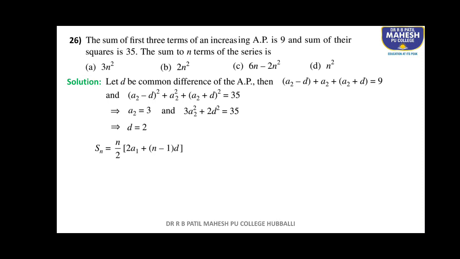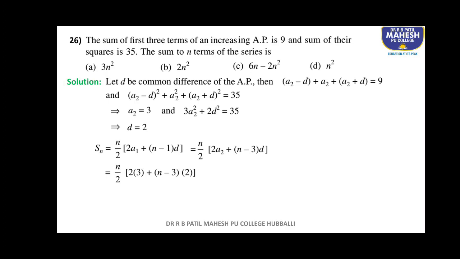Now we have to find the sum to n terms of this series. The formula for Sn is equal to n by 2 into the bracket of 2a1 plus (n minus 1) into d. Here it is also equal to n by 2 into the bracket of 2a2 plus (n minus 3) into d. Therefore we have n by 2 into the bracket of 2 into 3, because the value of a2 is 3, plus (n minus 3) into 2,